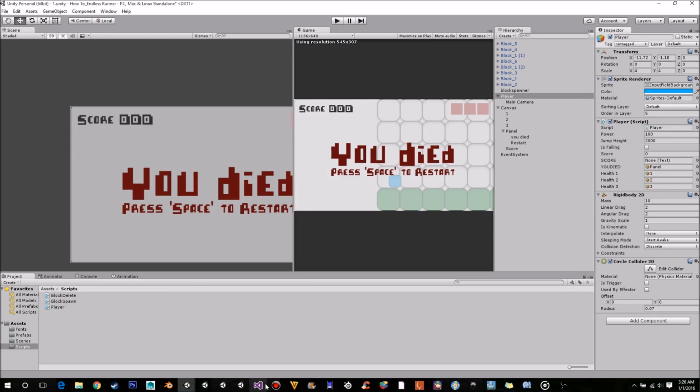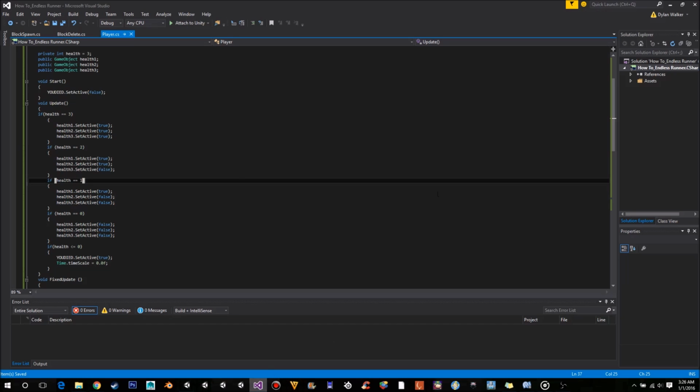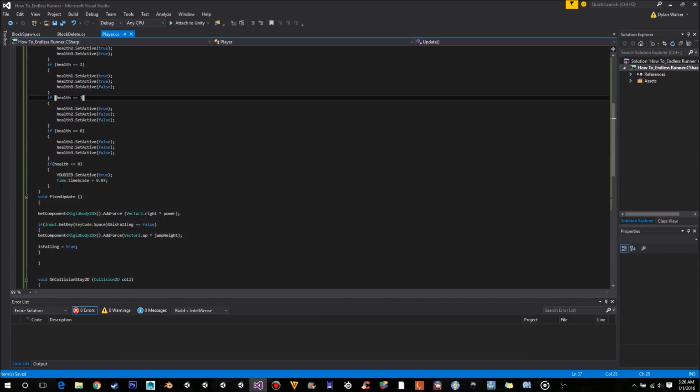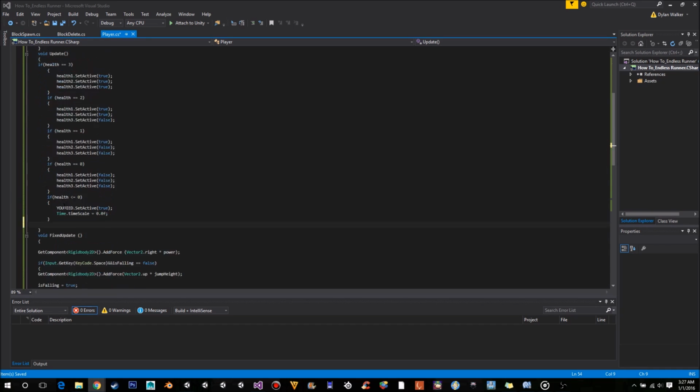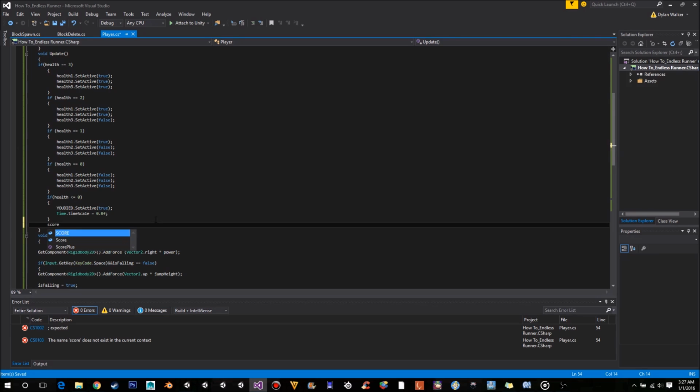So just before we test that, we'll come back into here, and we need one more line of code. Currently we're doing all of the calculations. We have our health. The health will be working fine, I'm pretty sure. Whenever we get hit, our health should be going down. But currently our score will not be displayed because we don't have any code to actually say to display our score. So in our update, just at the bottom, under the health less than or equal to 0, we just want to add score in all capitals, dot text